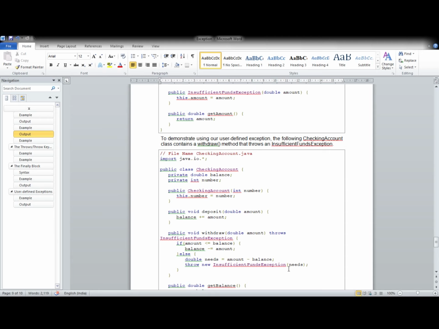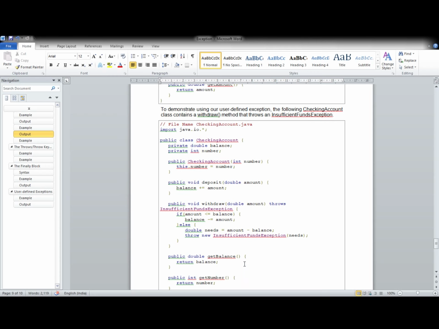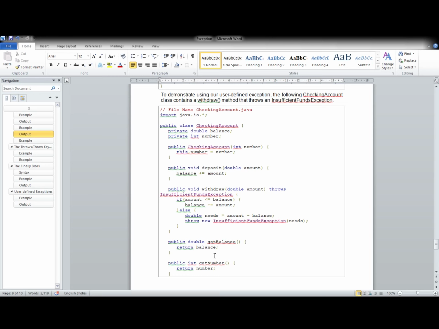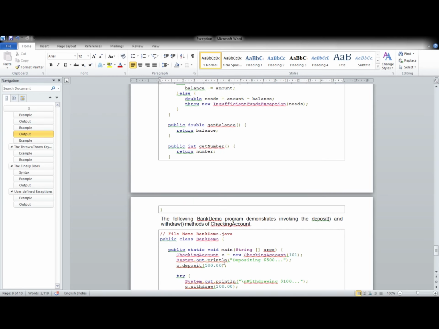So the InsufficientFundsException is thrown when it tries to withdraw an amount which is more than the balance. Since this is not handled here, you have to declare within the method throws InsufficientFundsException. Other methods of the class are getBalance and getNumber.